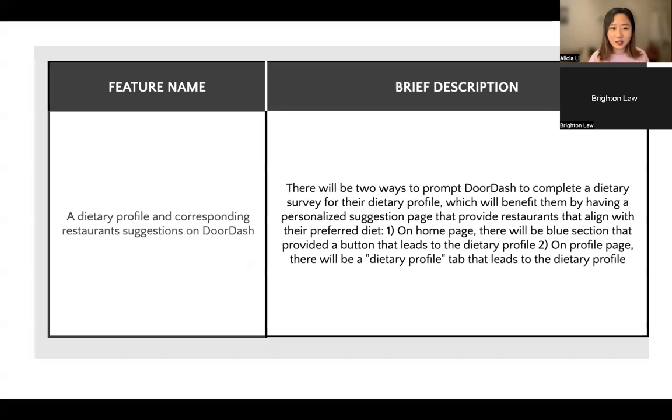A brief introduction on our prototype is that our project prompts our users on DoorDash to create a dietary profile, and then has a corresponding suggestion page of restaurants on the home page. There will be two ways to prompt DoorDash users to complete a dietary survey for their dietary profile. And those profiles will benefit them by having a personalized suggestion page that provides restaurants that align with their preferred